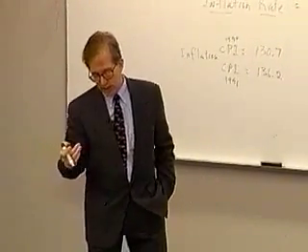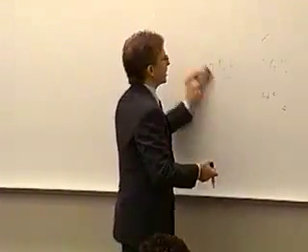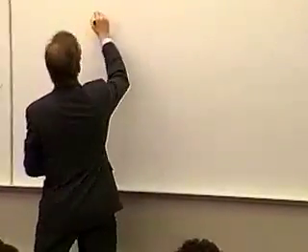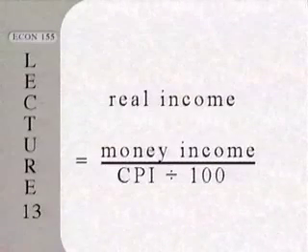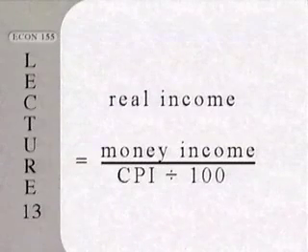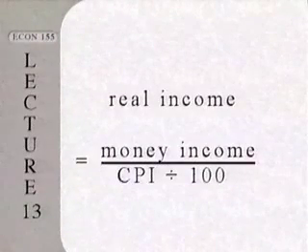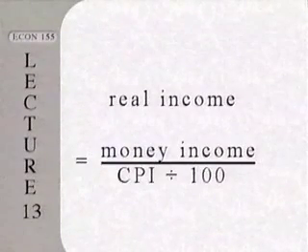Here's another application, is that we can basically calculate what we would call our real income. Real income equals money income divided by the CPI divided by 100. If you remember, I told you we were going to have to come back to that topic later on. We multiply by 100 when we're calculating the CPI, so now we have to divide by 100 to get that 100 out of there. Okay, but to give you an example, suppose that